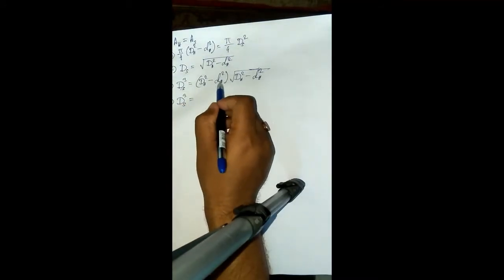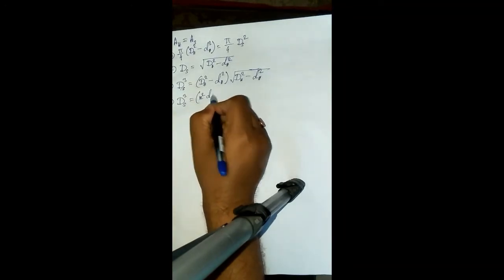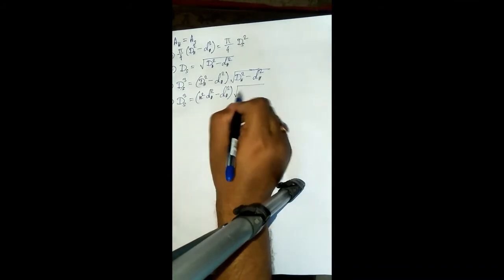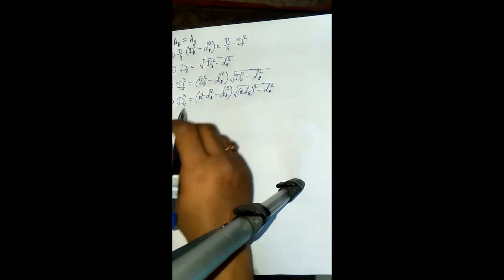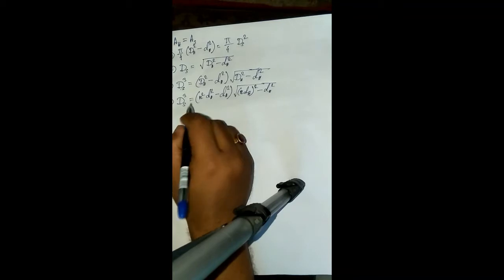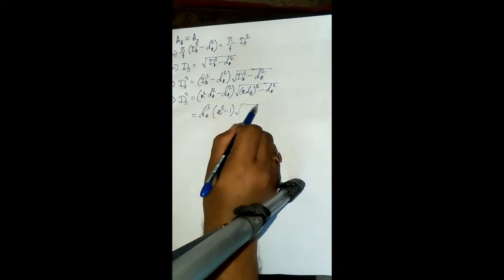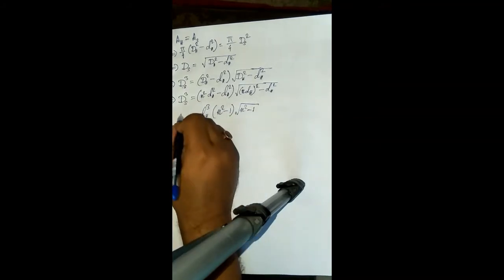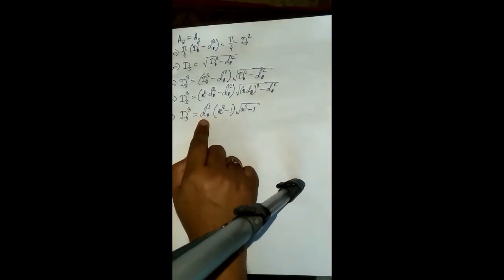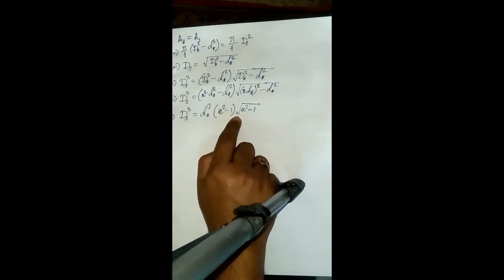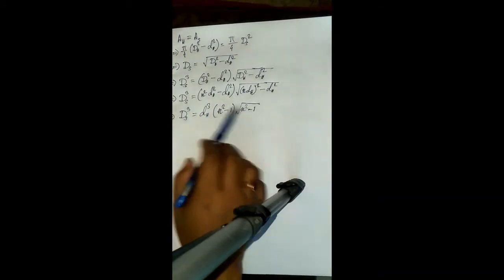between the capital DH and this small dh. We are going to substitute the relation, that is n square into dh square minus dh square, whole square minus d square. Okay, so now what we'll get is dh cube into n square minus 1 into root under n square minus 1. So ds cube is equal to the inner diameter of the hollow shaft cubed into n square minus 1 into root under n square minus 1. Okay, so now we are going to substitute this relation into